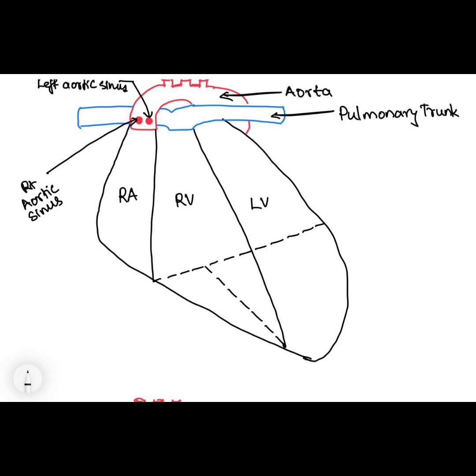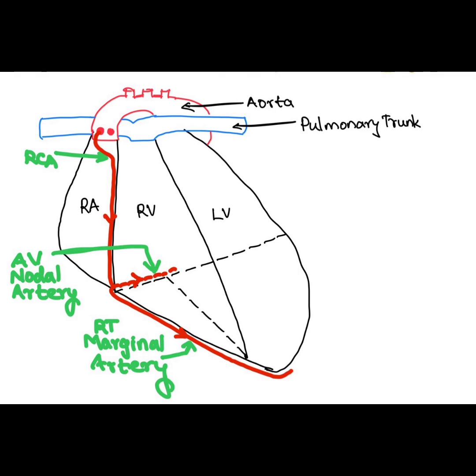We have three aortic sinuses. They are the right aortic sinus, the left aortic sinus, and the posterior aortic sinus. The right coronary artery arises from the right aortic sinus, and the left main coronary artery arises from the left aortic sinus. The right coronary artery originates from the right coronary aortic sinus, one of the three aortic sinuses located